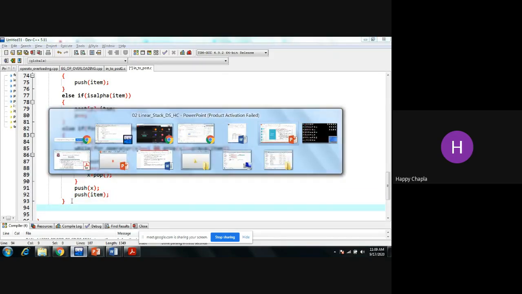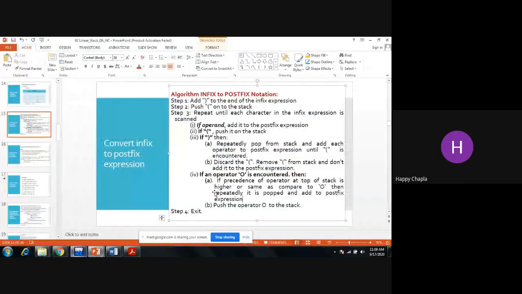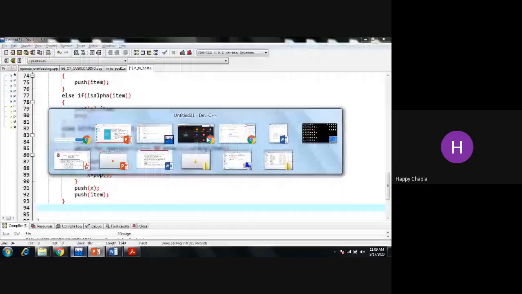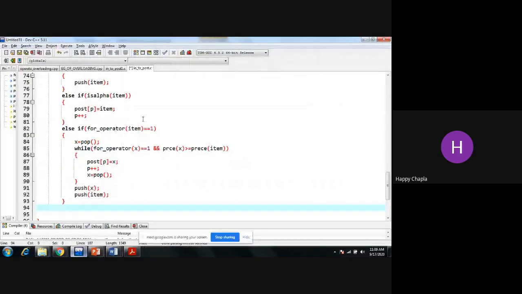Okay. Now, according to this, till this point we have completed. The operand is completed, the push function is completed, and now we are just left with the third one, that is, if I encounter the closing bracket. In that case, what do we have to do? I cannot directly assume that this is a closing bracket. We need to match it with the other bracket.